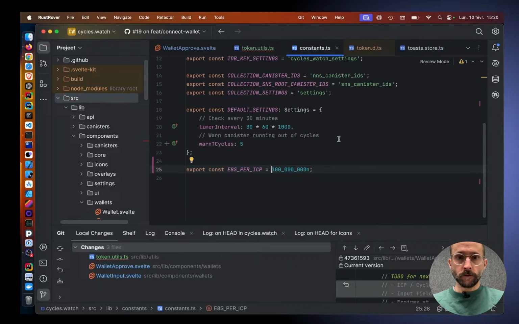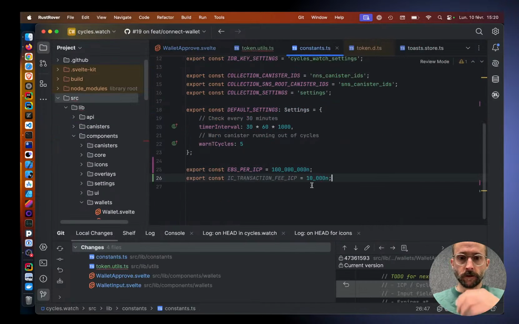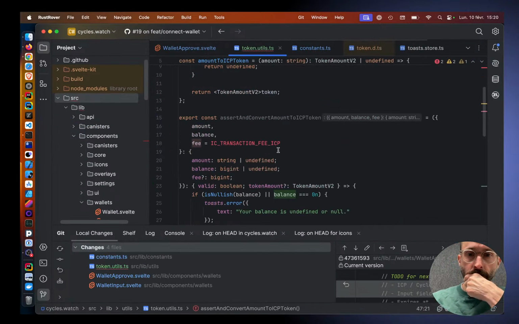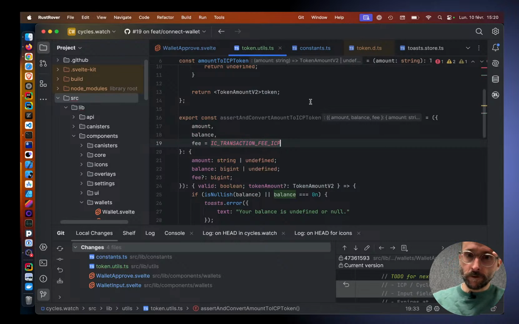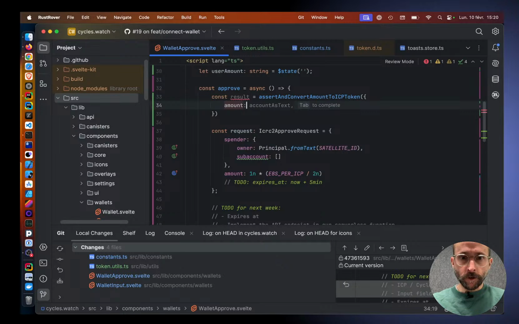Yes, so we also gonna add this. Okay, so the default fee is 0.0001, and here we're gonna do const result equals assert, and here we pass the amount, which is the